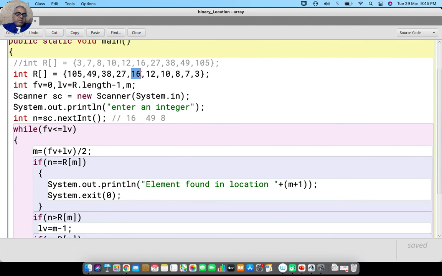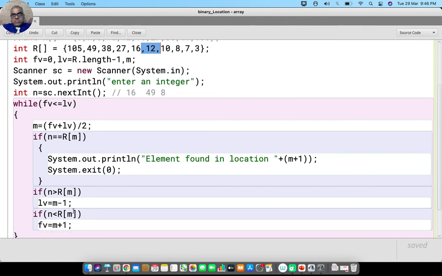Now if the value input by the user is greater than the central cell value, I have to move this side and not this side. It was only in ascending order. In descending you move this side. So my LV, which was something, I had to shift it over here. LV is m whatever cell value minus 1, and if my input value is lesser than my central cell value, previously we were moving this side, but now we have to move this side, where LV is already present, it is the FV which is here, I need to shift it over here. That's why it is m plus 1.